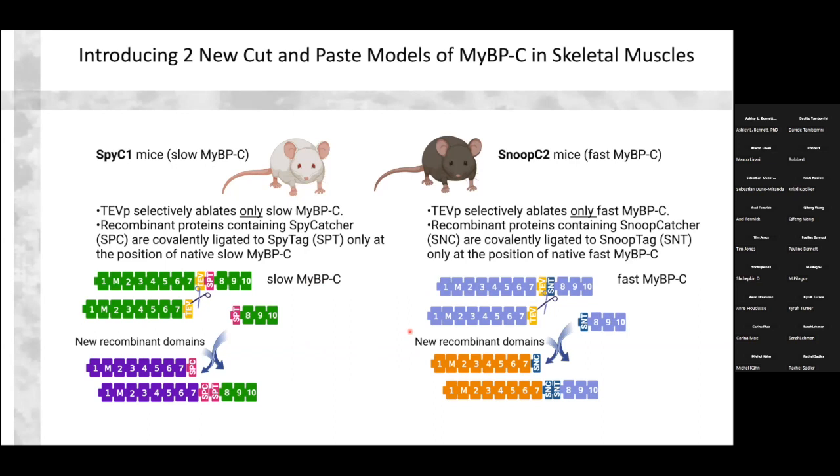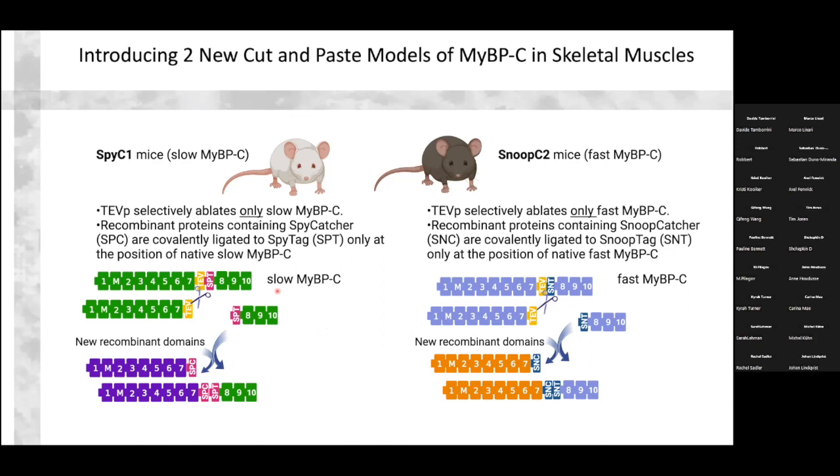SPY tag and SPY catcher are two halves of a split protein, and SNOOP tag and SNOOP catcher are two halves of a split protein. When you bring the two split proteins back together, they form a covalent, instantaneous covalent bond. So they're referred to as superglue by the authors who've made them. This is Mark Howarth at the University of Oxford. Highly recommend working with Mark. He will help you with anything that you would need, and he makes all of his reagents freely available to